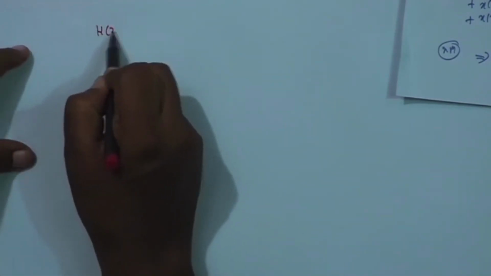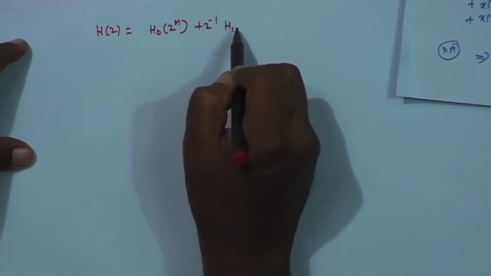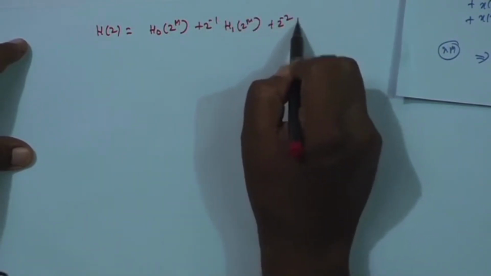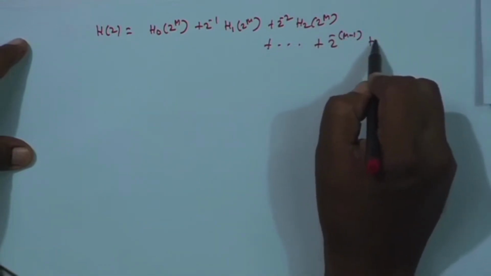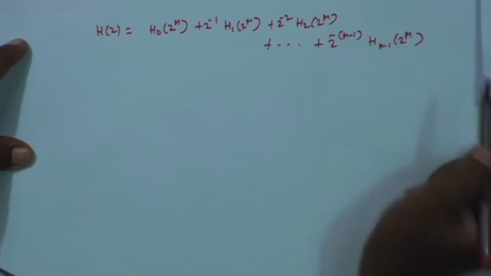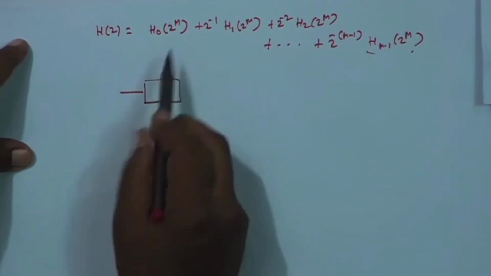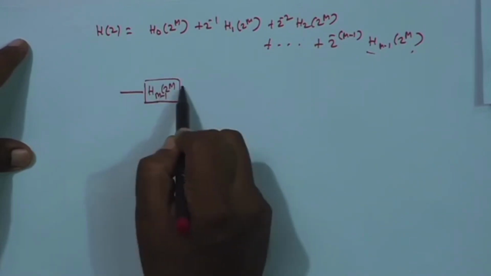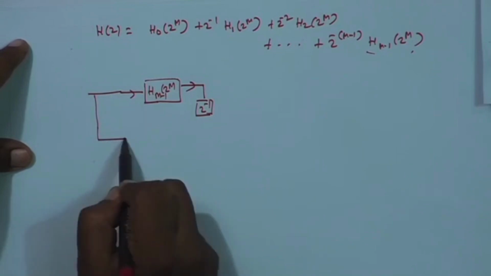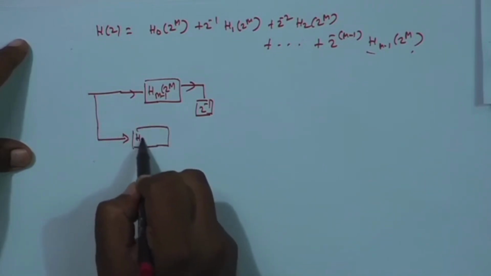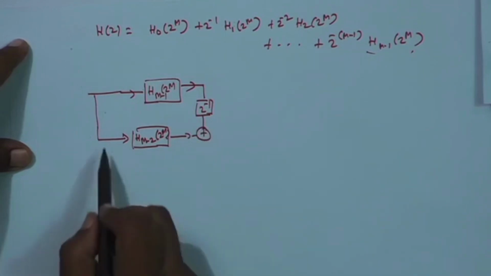that H z I know is... Okay. You start with this first. There is the top filter, instead of H0 z to the power m, let me write this. Then let there be one delay. Then the next filter, one delay, dot dot dot,